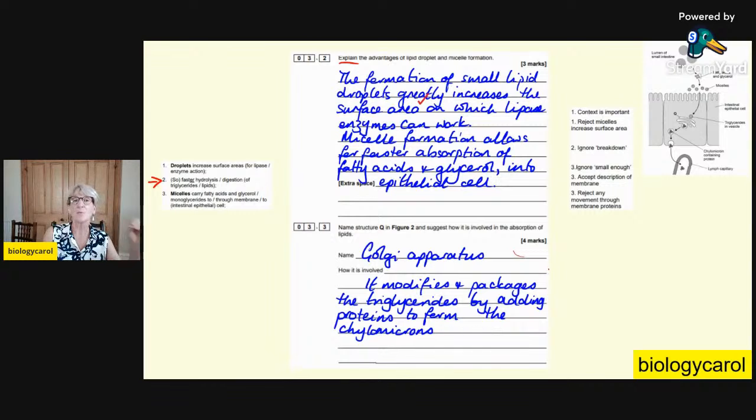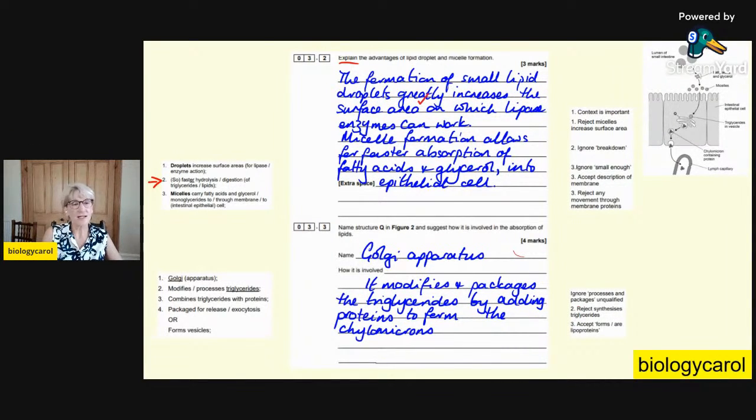Notice that I'm being inspired by the question. And when I say the question, I'm talking about every bit of information that the exam paper gives me. I'm using that to inspire my answer. Here's the mark scheme. And here are the examiner's notes. And so I get mark point 1, mark point 2, and I think mark point 3. Yeah, so yes, because I talk about it by adding the proteins. I didn't get mark point 4